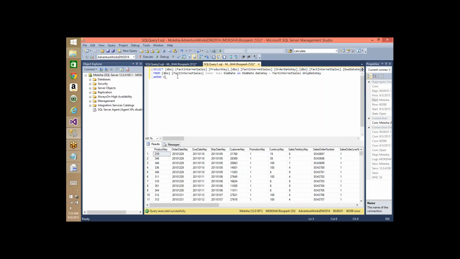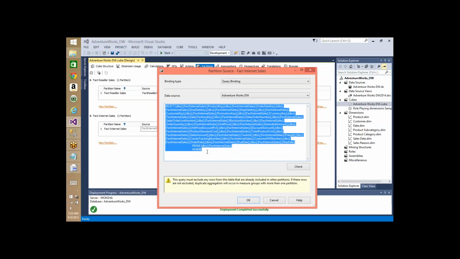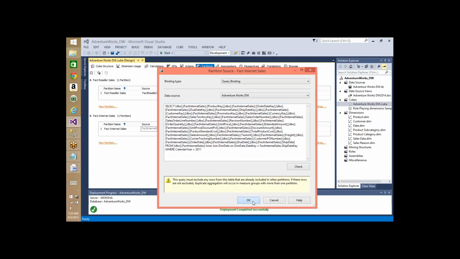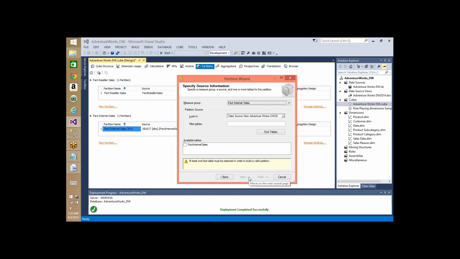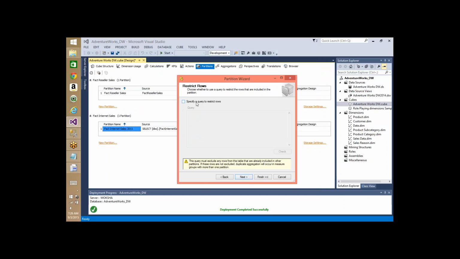So what I'll do here is calendar year is equal to 2011. So this guy will fetch the fact data only for the year 2011. So I'll write this query and I'll click on OK. Now this is a query binding and it pulls only 2011 data. Okay. Now let me name it as 2011. And let me go to the next partition, and I need to select the table on which I am building this partition and specify the query,